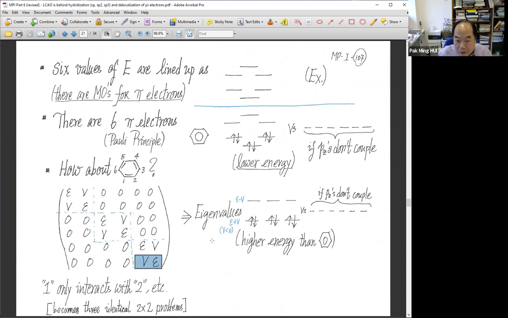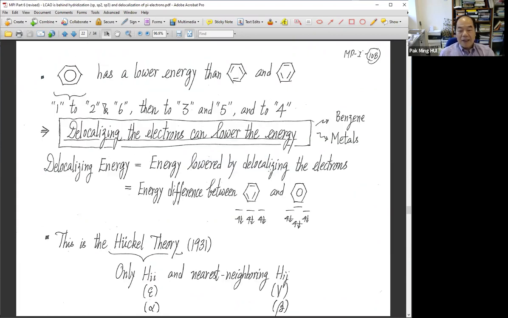However, this is a big however. This has higher energy than that because I have an exceptionally lower one here, okay? This one is obtained by delocalizing the electrons, okay? So this is the idea behind delocalizing: the electron can lower the energy, all right? So after this analysis, we have this having a lower energy than these 2